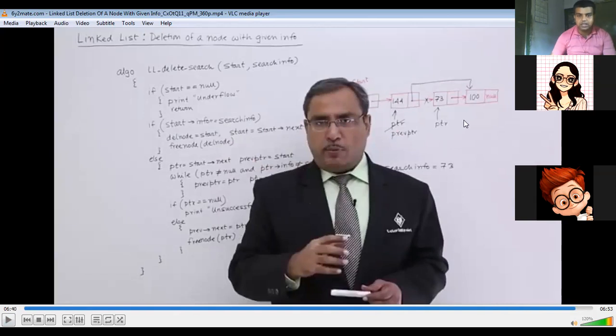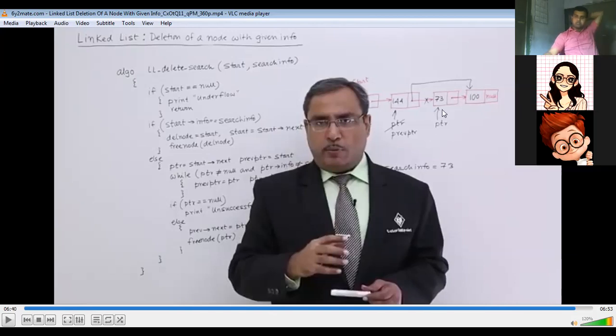So that is why it is said that pref PTR next is equal to PTR dot next. Why PTR dot next? Because PTR dot next is pointing towards this. So this memory is getting copied into this. So this link gets broken and this memory is getting emptied. So this is how you actually perform the deletion operation.